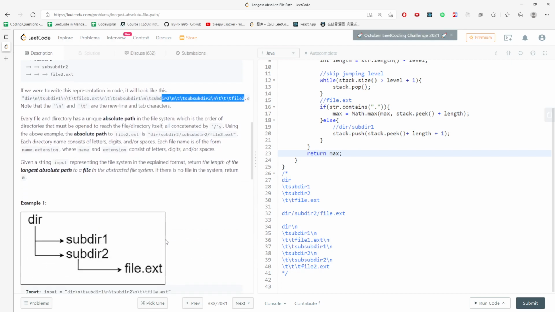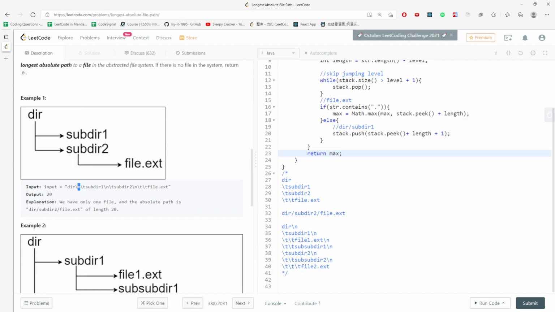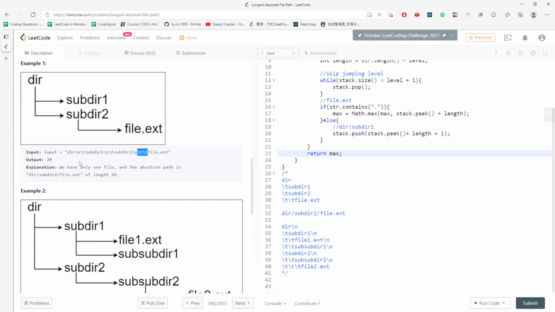So you heard it, parse, right? You have a newline, you have a tab, and then you have a newline and tab. The newline represents a folder inside a folder, and the tab represents your level. Subdirectory 1 has only one tab, and subdirectory 2 has only one tab. But if you have something else inside subdirectory 2, it will have two tabs before the file name. So when you return, you need to return directory, subdirectory 2, and then file.ext, and this will be